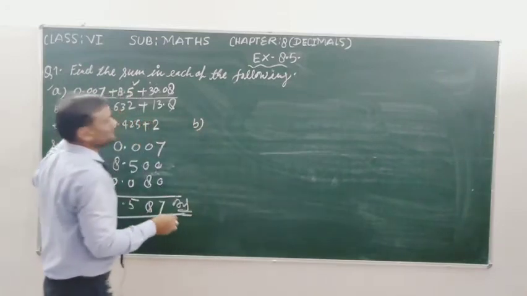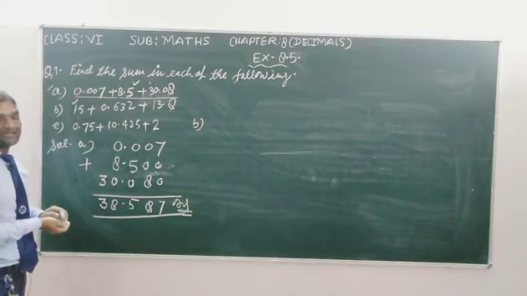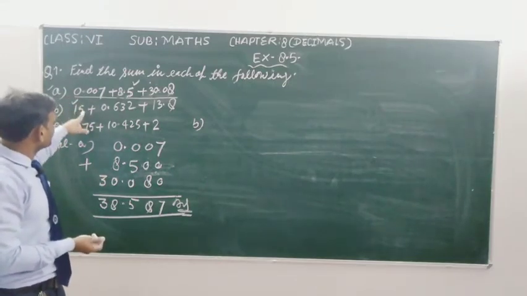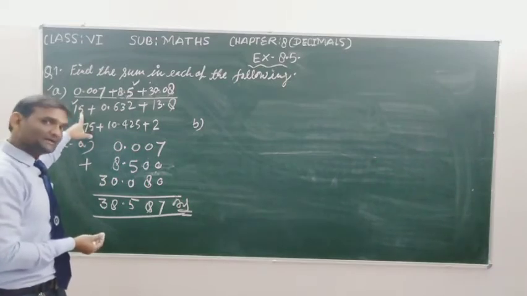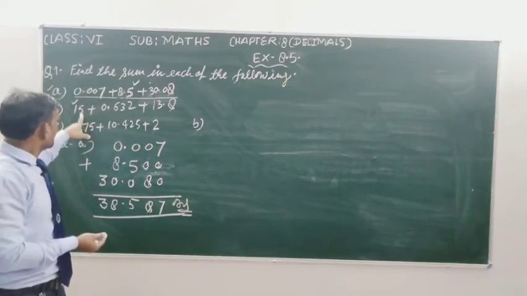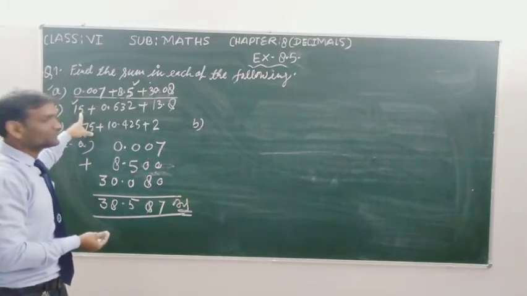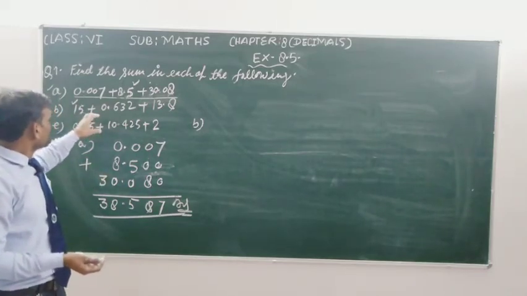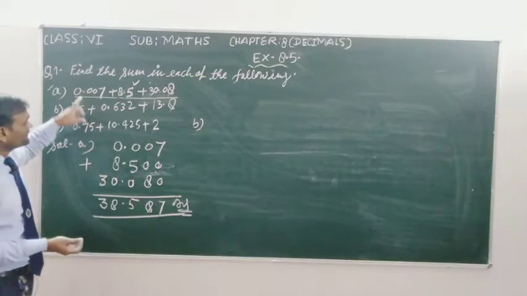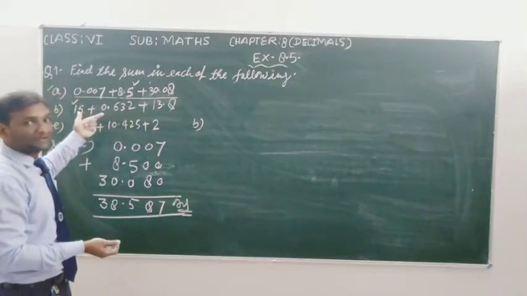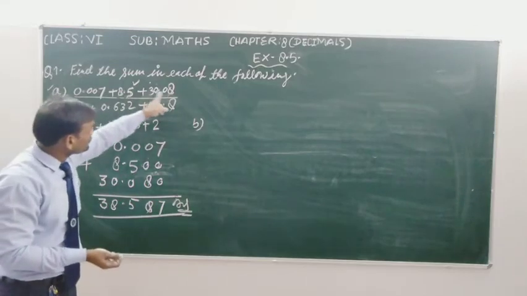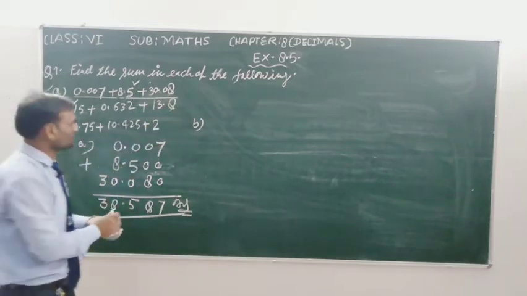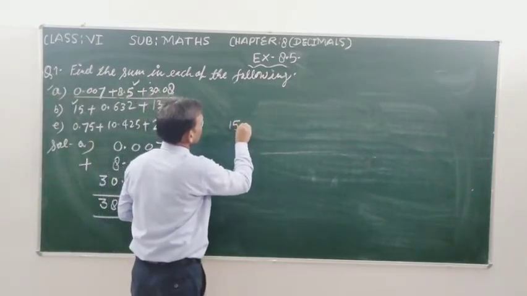Part B, 15. This is a whole number. This number has no decimal part. If I ask you to write this number in decimal form, then you can write it, yes. By using the decimal point at the last of the 15, we can write it in decimal form. I am writing 15 in decimal form because we need to add 2 more numbers in this number, and those 2 numbers belong to the decimal numbers. So all numbers we write in decimal form. So we can write 15 like this, student.